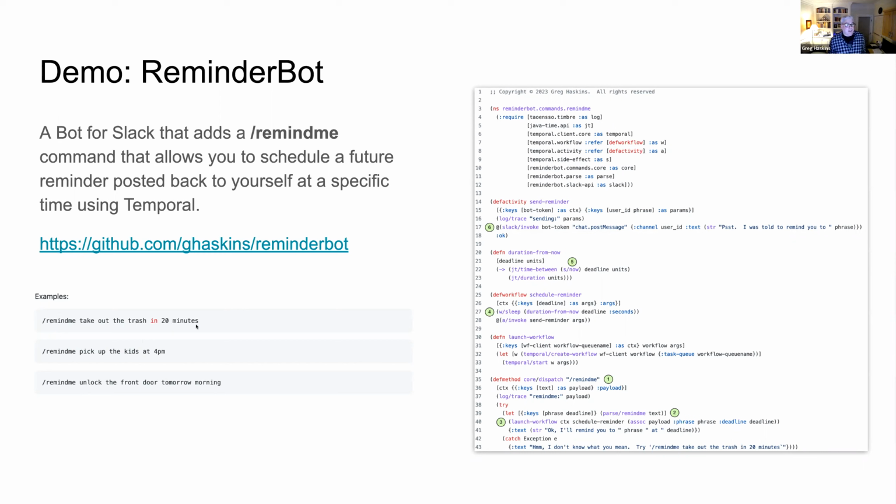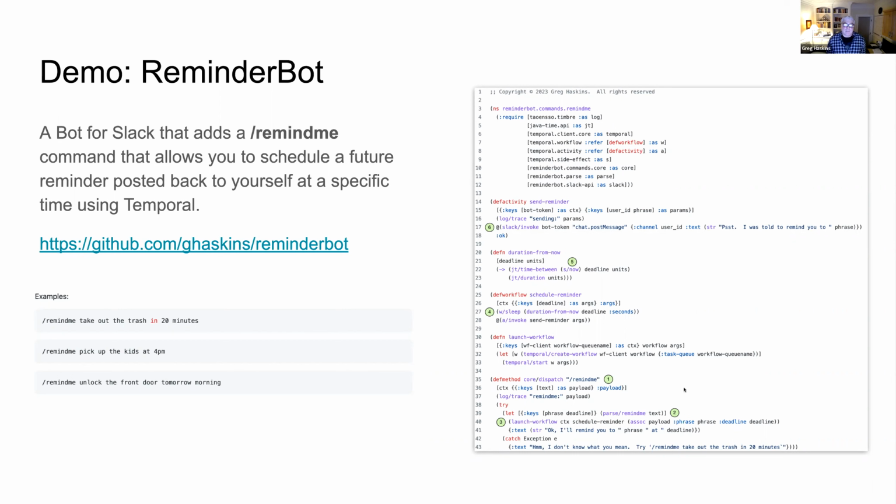So I'm using that library to build this chatbot where you can just say silly things like, remind me to take out the trash in 10 minutes, and it will basically DM you back in 10 minutes when that's expired, giving you the message that you gave me. So take out the trash. So again, pretty stupid, but it does do a decent job of giving us a little app to play with